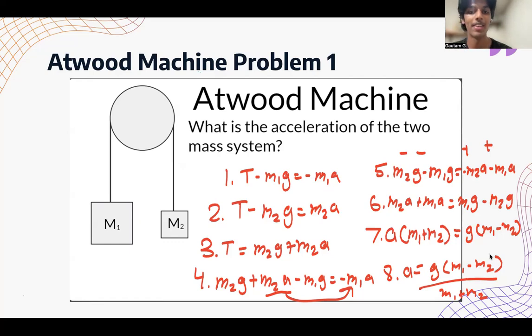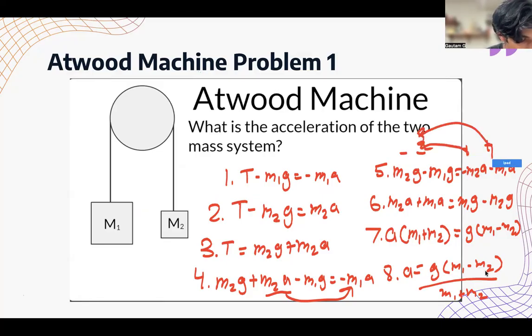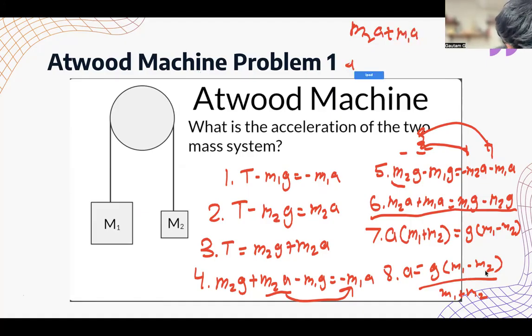I'm gonna quickly explain this problem and then we can do a blooket, okay? Gavin just explained steps one and two in chat, but basically in step five, I just wanted to make A positive, so I just added A to each side, and then I just subtracted M2G and then added M1G, so I just flipped it, right? The step, and then once I did that, if you guys know factoring, M2A plus M1A is just the same thing as saying A